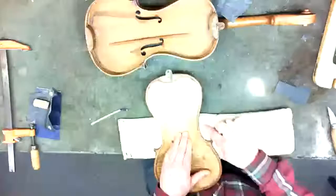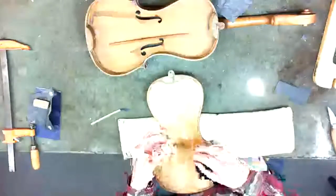This is very similar wood to curly maple. And it's just about right now. So this is just a bag filled with sand, and that will comport exactly to the shape of the back, so that when we clamp it, after we glue it on,